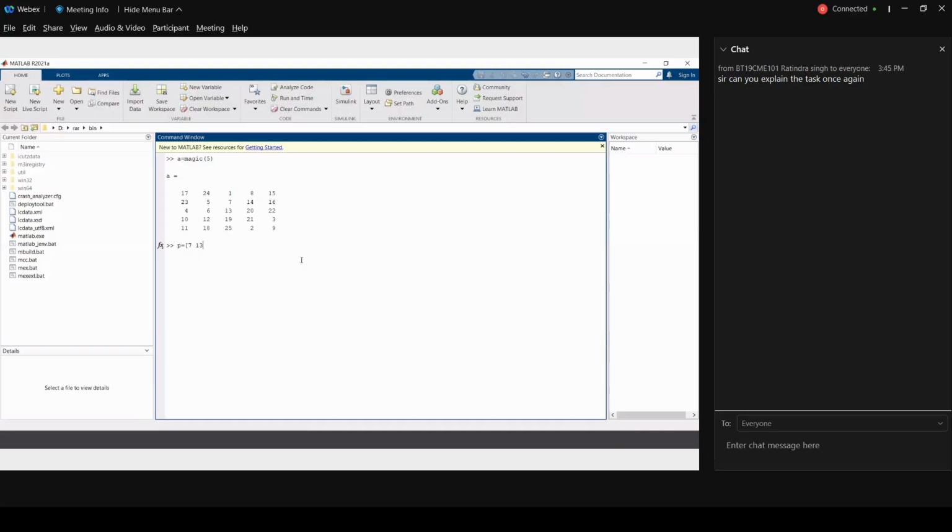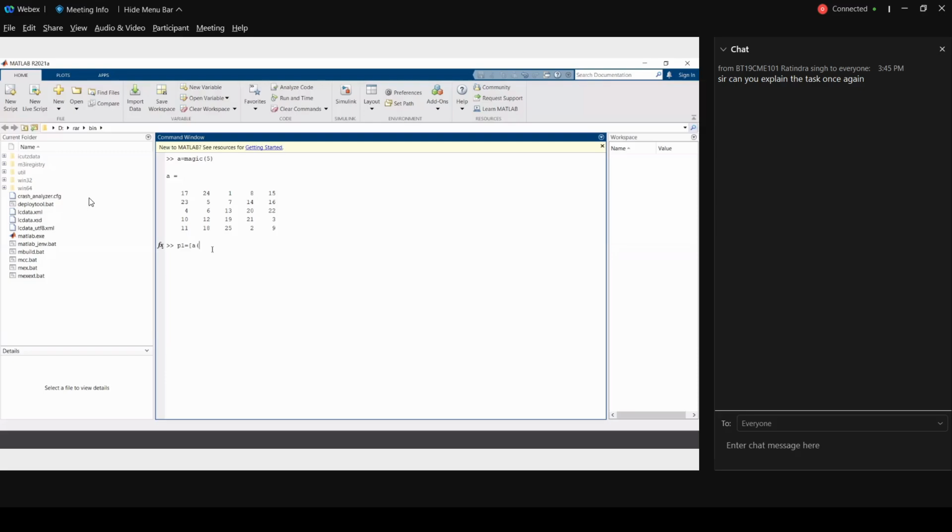I want you to access the element by position. So what I want you to write for the first elements, let's say P1. P1 equal to, then square bracket, then you write A of, parenthesis.